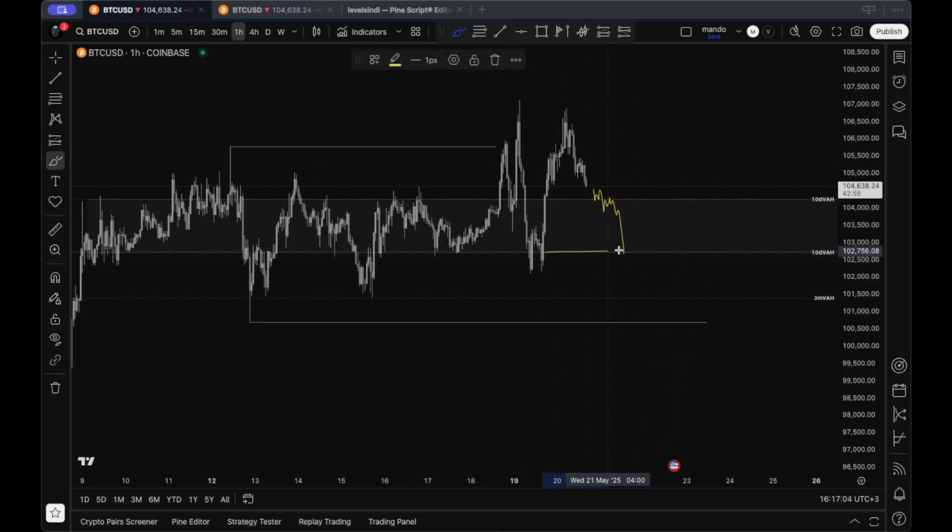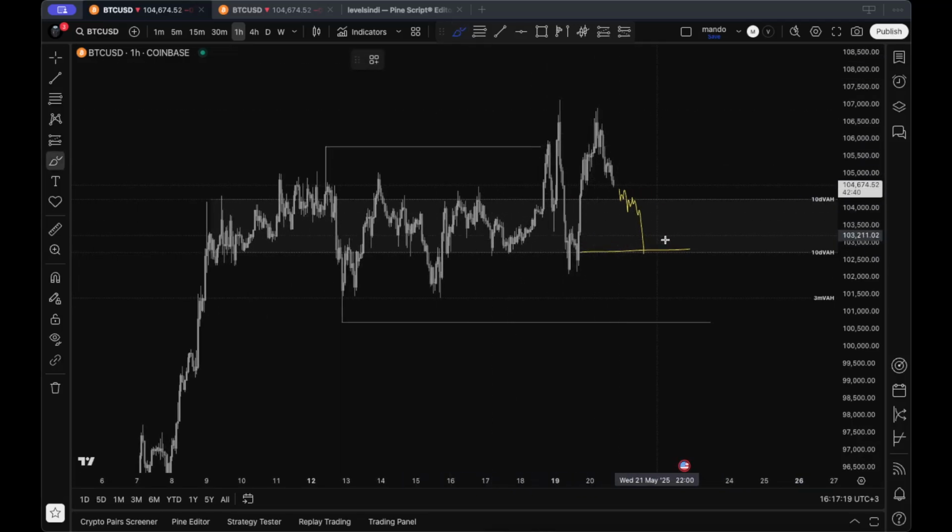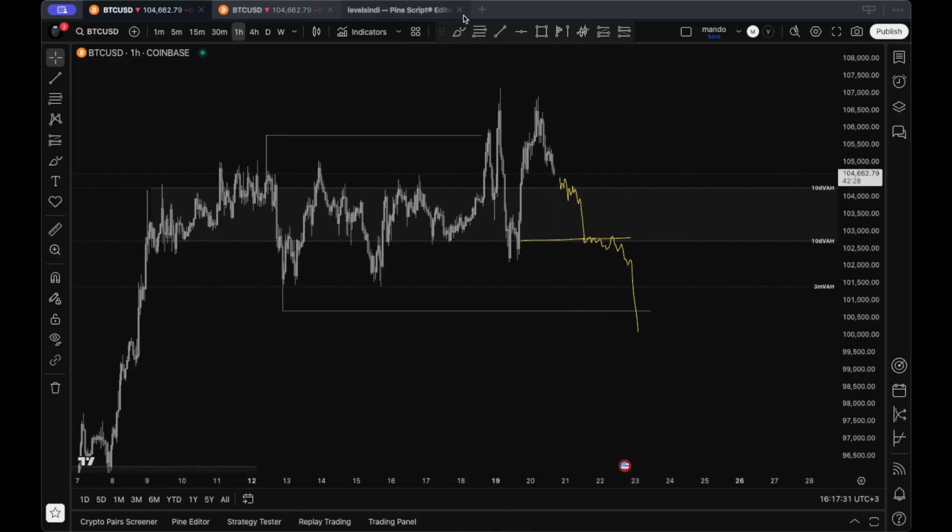Now a bounce here would be a pretty good play for a rotation towards 10-day VAH on lower time frame. On higher time frame, best case scenario in my opinion would be a rotation lower here with some slow grind forming to target these lows. Once we come into these lows, I would expect a bottom to form around here into reclaim of 3-month VAH